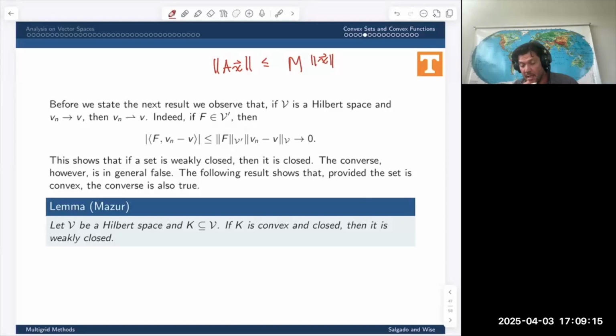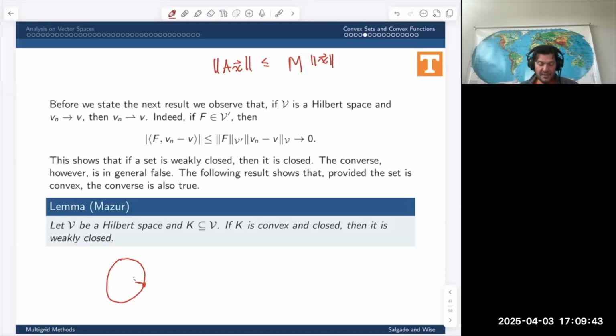So it means that a set is weakly closed. First of all, let's remind ourselves, what does it mean for a set to be closed? It means that all the limit points for the set are in the set. So for example, you might have a limit point out here on the boundary. And so we need to know that if that's a limit point of a sequence, then that has to also be